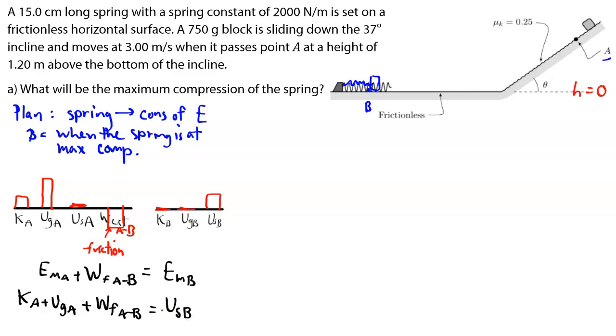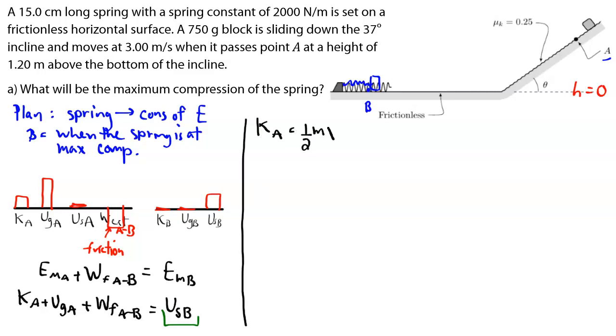Our unknown in here is really the energy stored in the spring. The other three quantities we can actually figure out. So let's start with the easier one. We know that the kinetic energy at A is just equal to 1/2